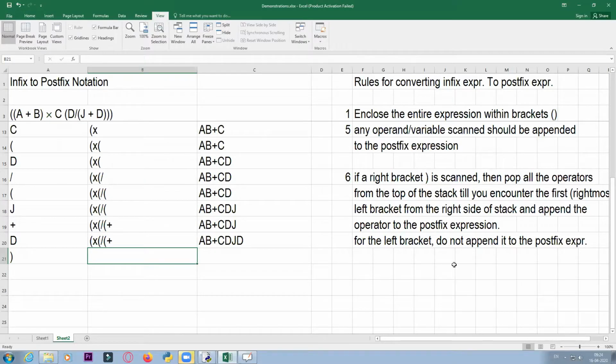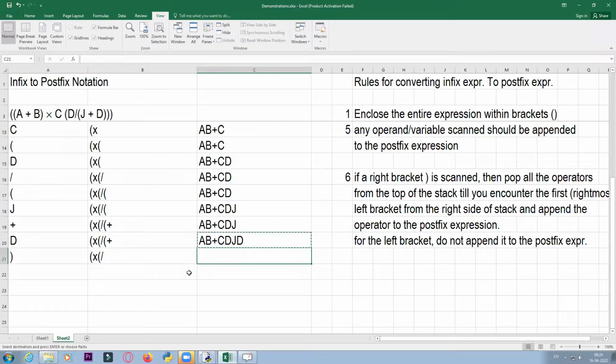For every right bracket there would be a corresponding left bracket. So you will be scanning the stack from the top, that is from the right side. The very first left bracket which you encounter, till there you will be popping the elements from the stack. So over here we have 3 left brackets. If you start scanning from the right side, this is your left bracket, till here it would be popped. So what would the answer be? First a left bracket, and this, that's all.